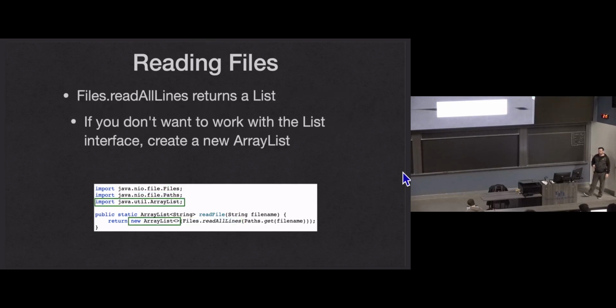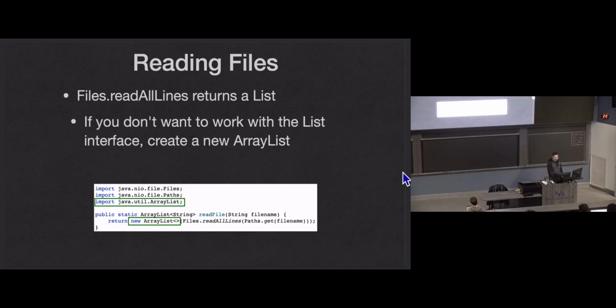So, the read all lines, another conversation we're going to avoid. I think there's 3 things in this lecture where I'm going to use that same theme, just a conversation we'll avoid. Read all lines returns a list, which is an interface, and it'll return a concrete data structure that implements the list interface. We haven't talked about interfaces yet at all. We could just use the list. If you want to just use the list, that's fine, as long as in the homework, if it says return an array list, you convert it to an array list by the end.